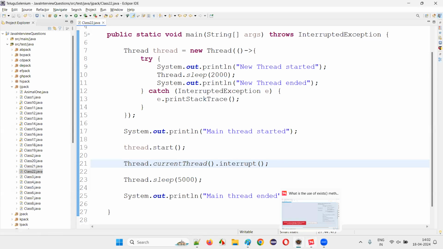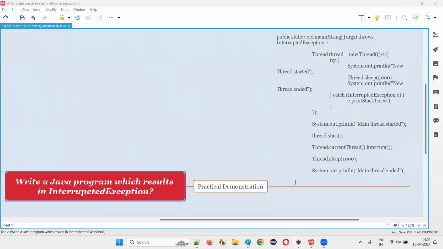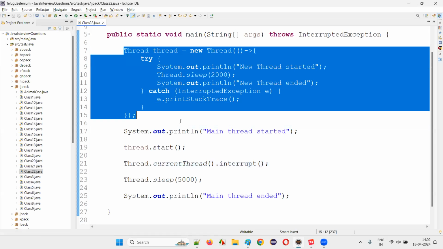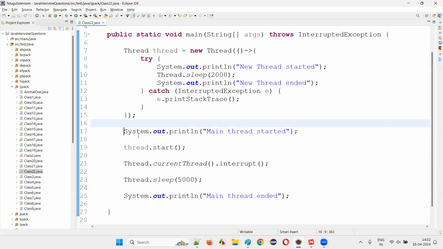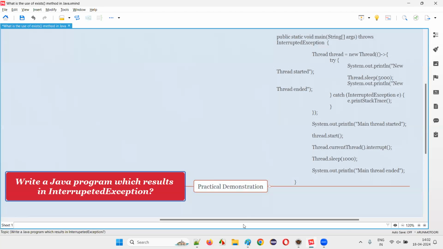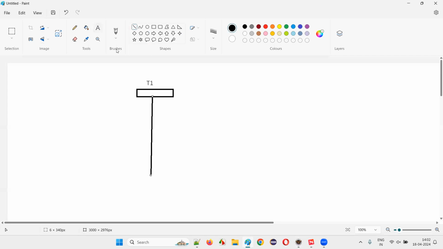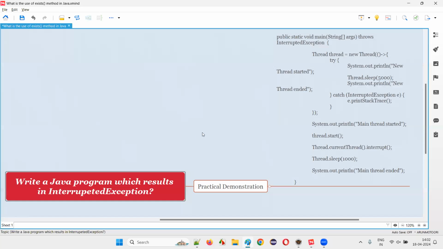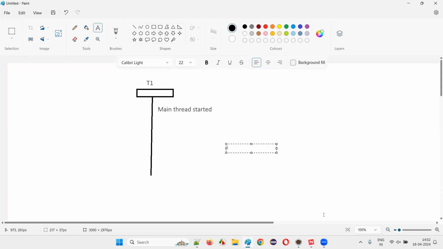Here, as you can see, when I write the code like this, with or without this, first of all, it will print main thread started. Main thread started will be printed, and the thread has started actually. While this particular thread has started,